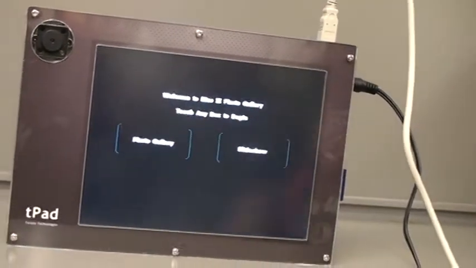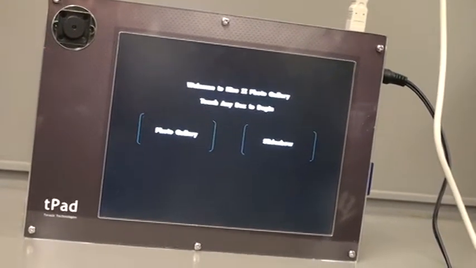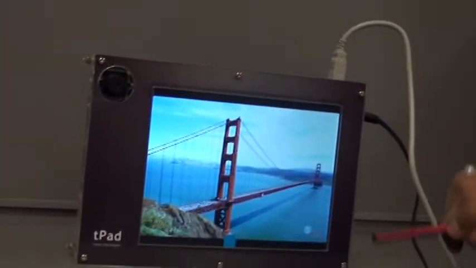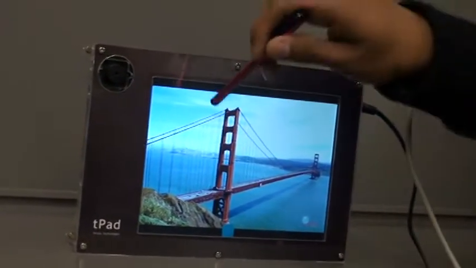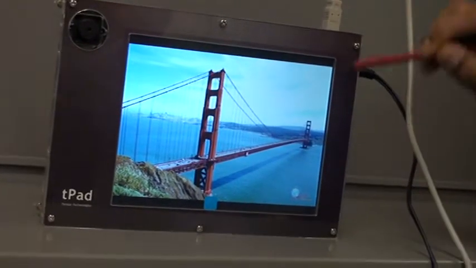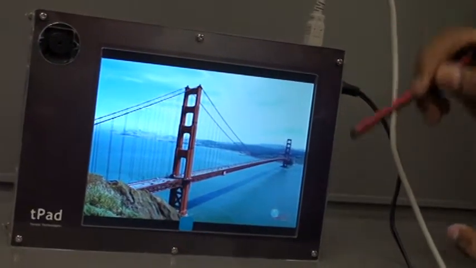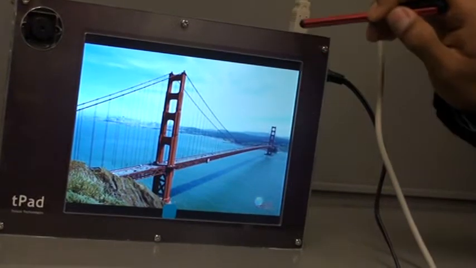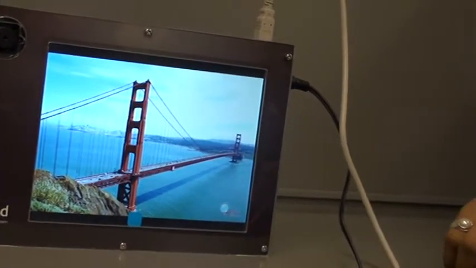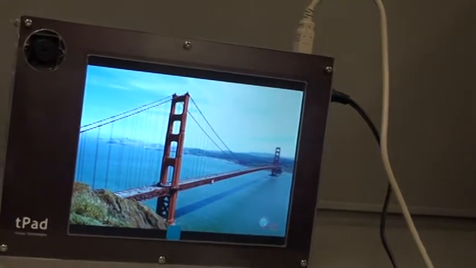Click on this button. After clicking on the button, the first photo is automatically loaded. To go to the next photo or the previous photo, you click on the extreme 100 pixels. The size of our next button is 100 by 600 pixels. So when you click on this, you'll go to the next photo.